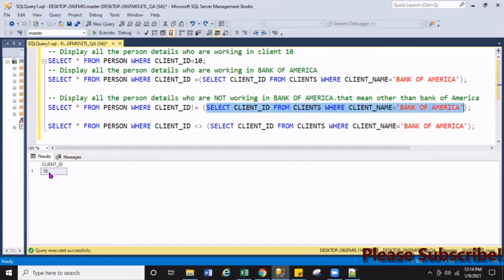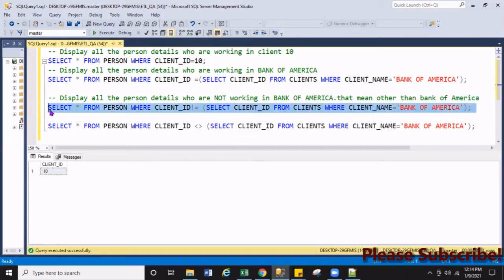Now I want all the details from person where client ID is not 10. See here, I put not. Instead of that I can directly put 10, but instead of putting 10, I wrote a single row subquery.